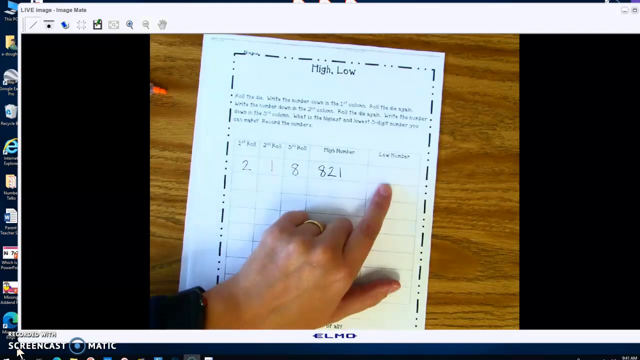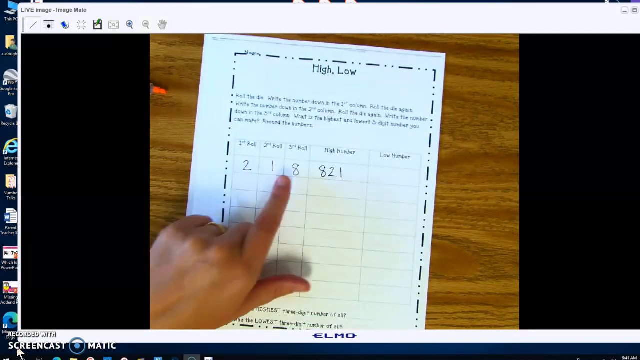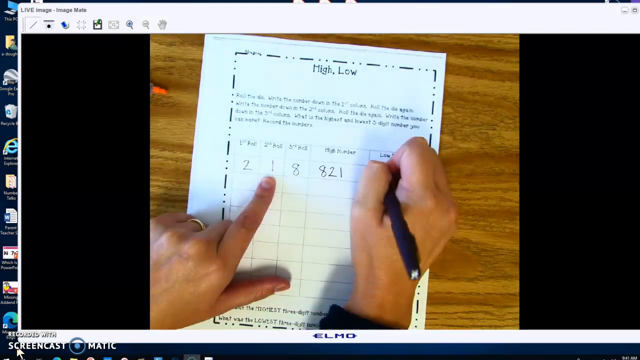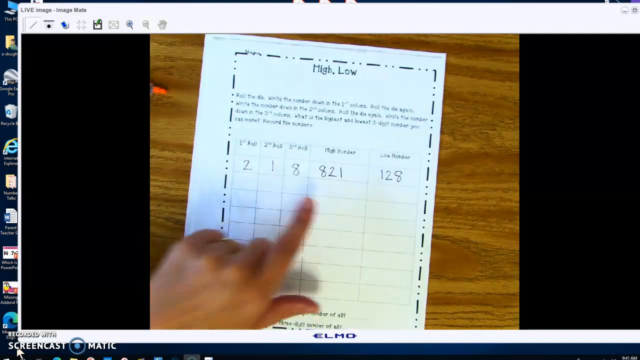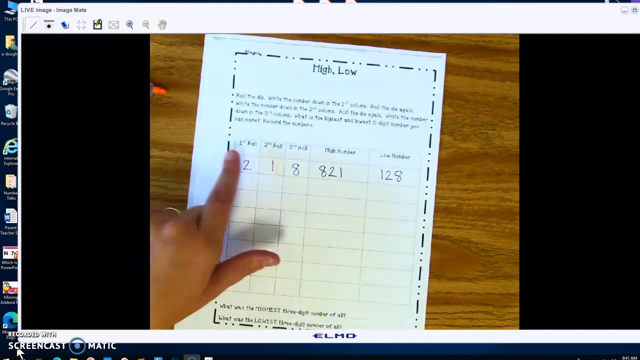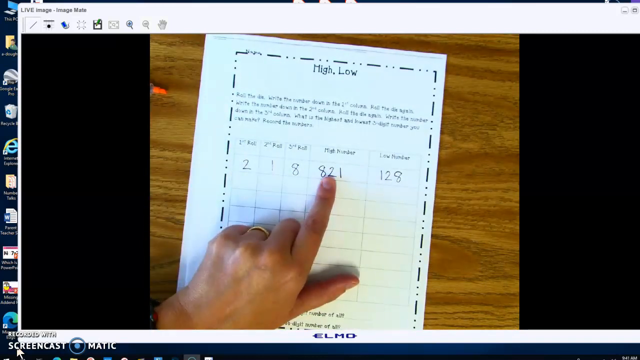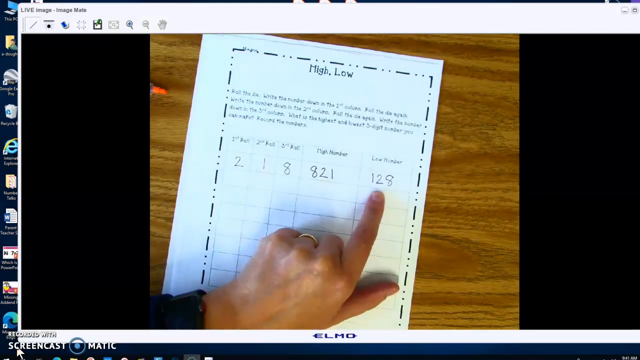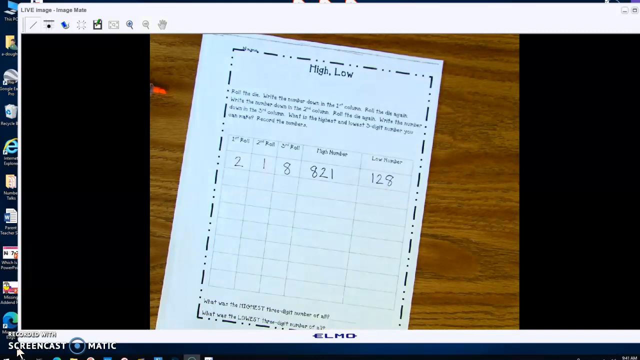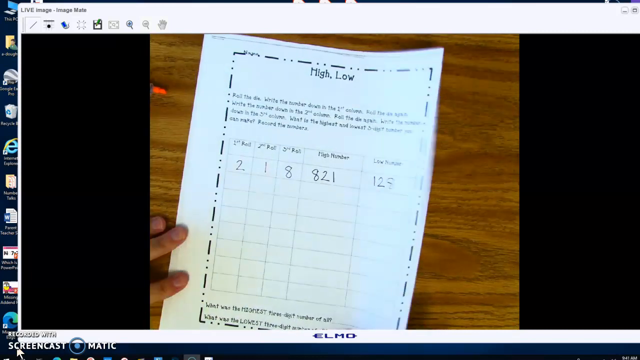Okay, now the lowest number, I start with the small. So which one's small? 1. Then the next one? 2. And then 8. So the biggest number I can make out of these 3 numbers is 821. And the lowest number I can make is 128. Okay, so that's what we're going to do for that. So whenever you finish